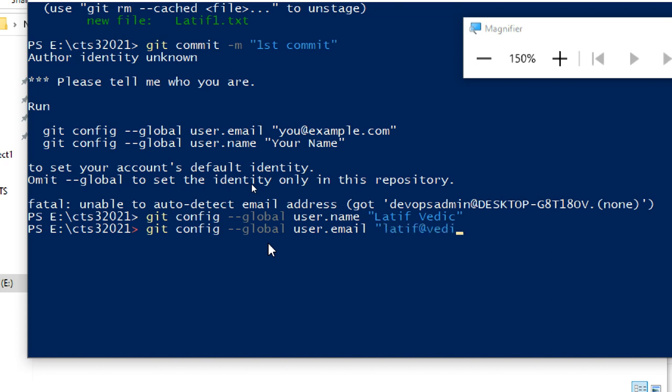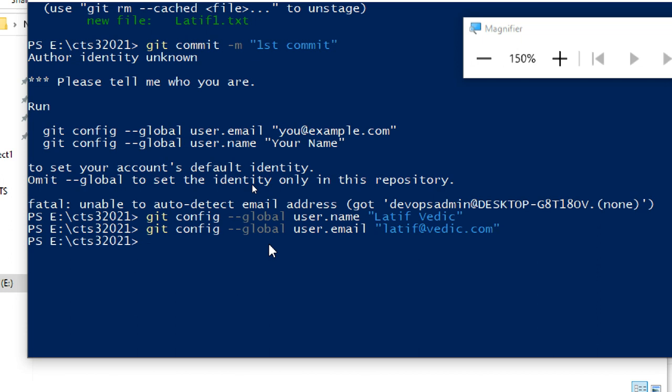So I'm giving a Vedic.com email. It can be example.com, Contoso.com, Microsoft.com, Gmail.com, anything, no one will verify. This is only to record who pushed the configuration to the central repository, to maintain that information. If you want to use different names, there are options for that also.